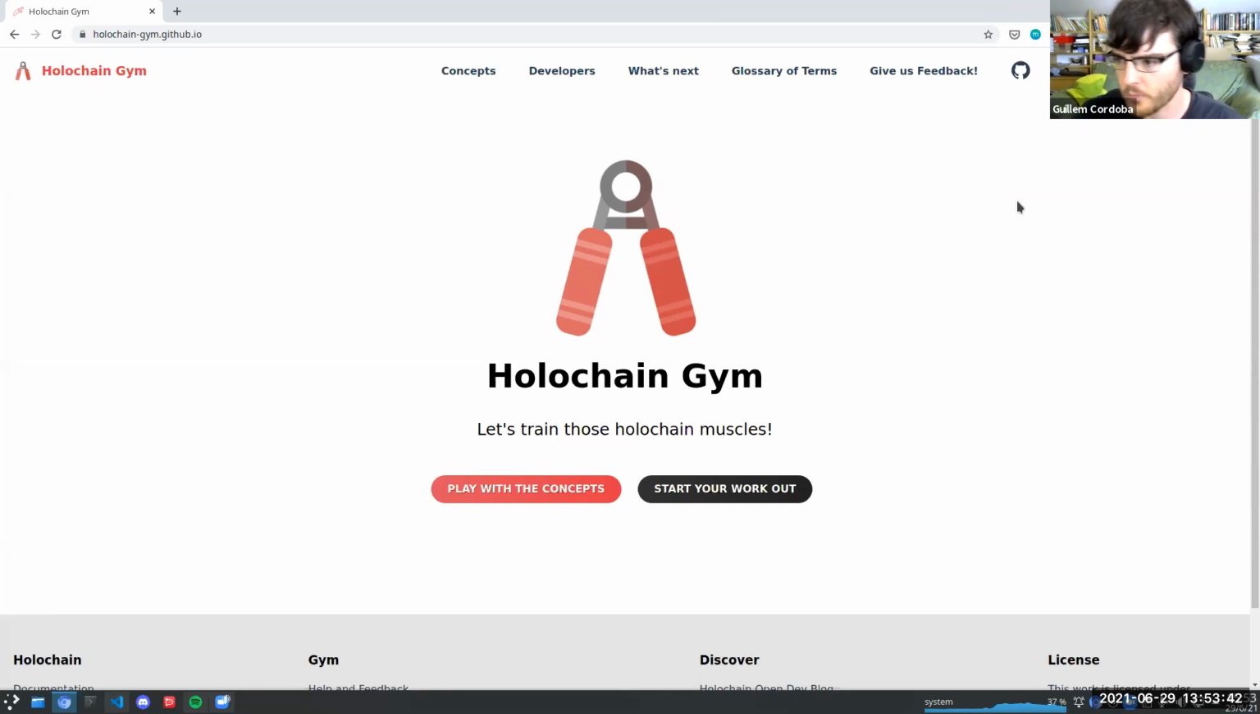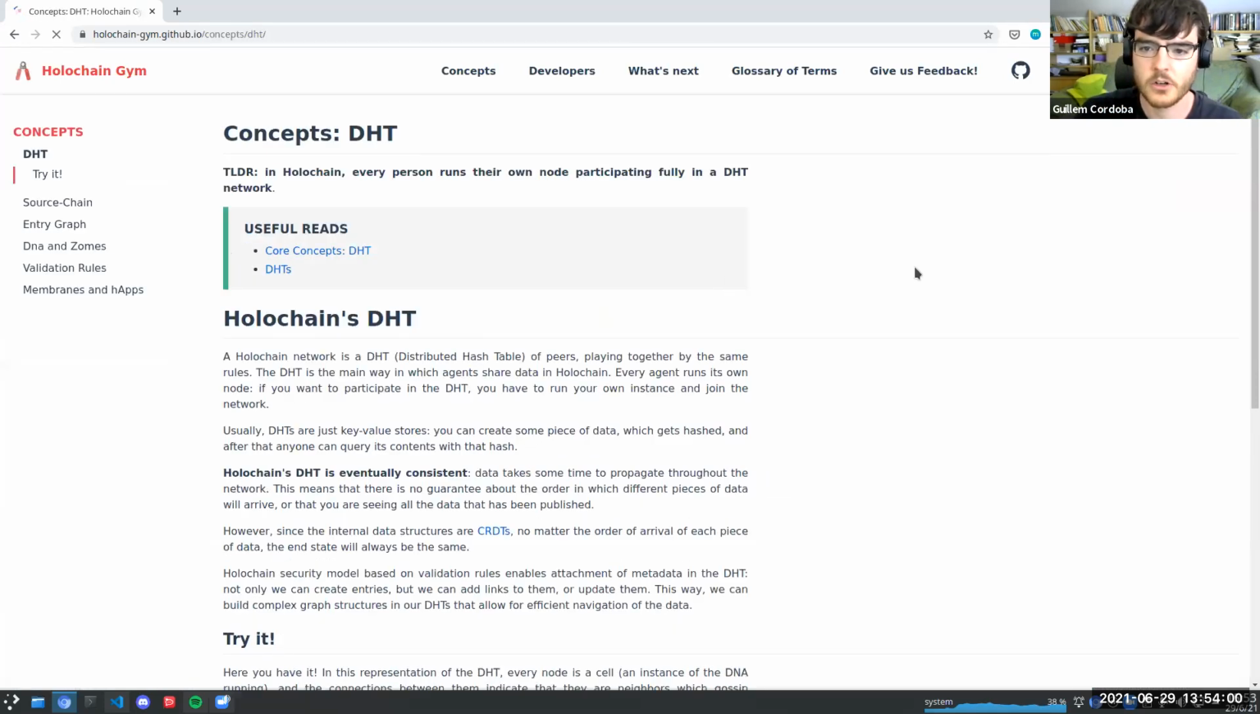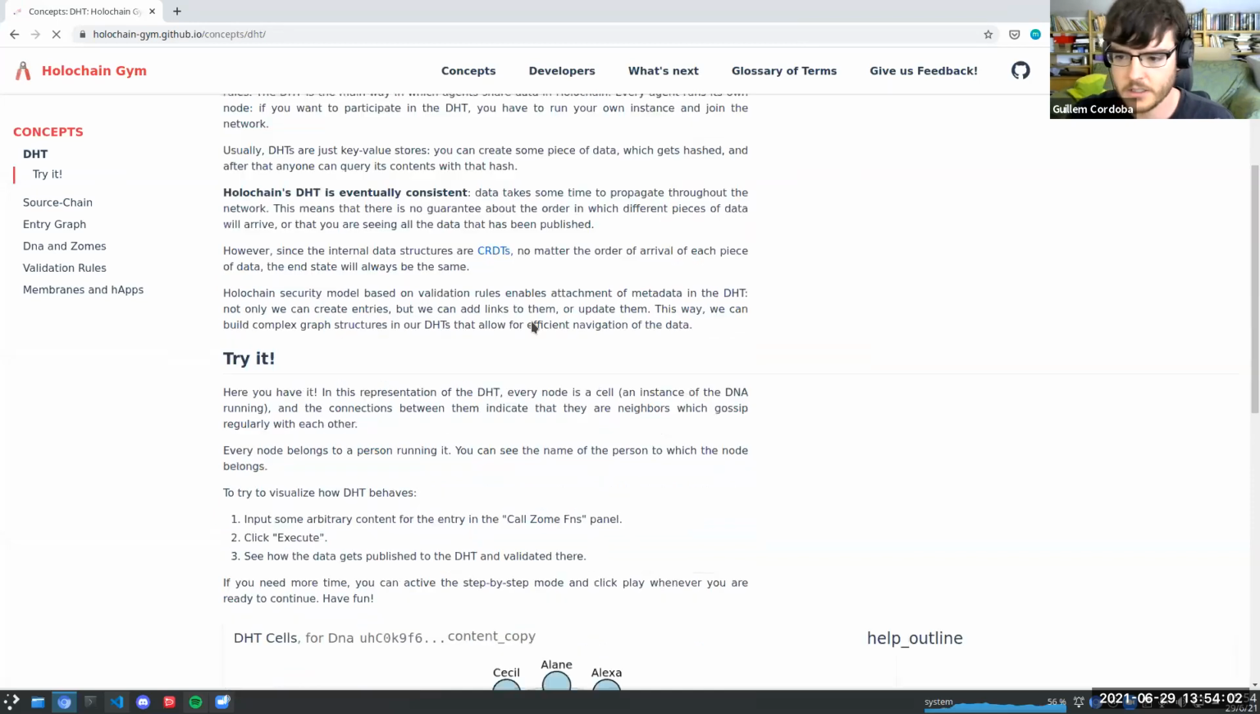Also driving home some of the concepts that are really important in Holochain as far as how it works technically, but I don't want to go too technical either. This is not meant to be only for developers, although if you are a developer, this is a good rabbit hole to get into. Okay, so here in the gym, you have